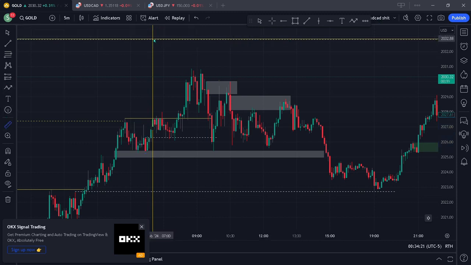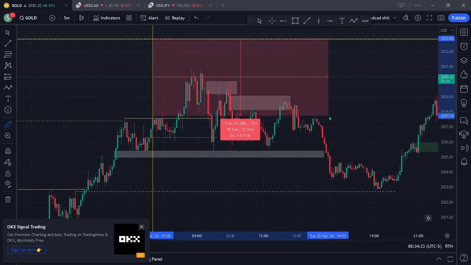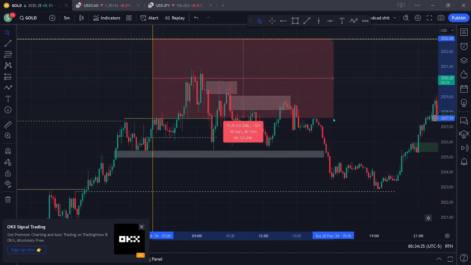And if you know anything about ICT strategies and these concepts, you always measure half the wick, because price action is going to treat the wick like a fair value gap. So you measure half of the wick and you aim for that. So knowing that, exactly right there, I took my